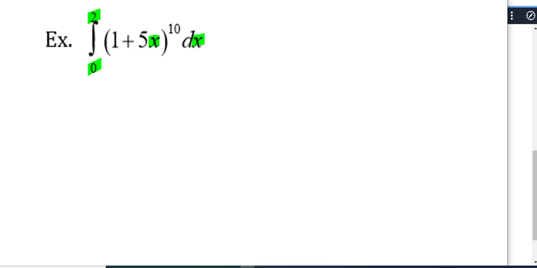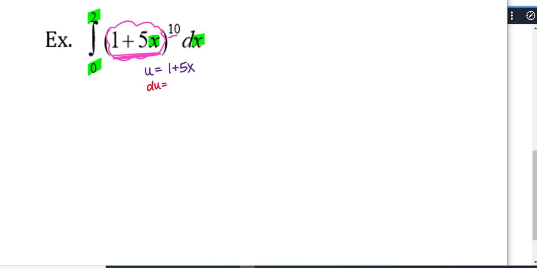What I mean by that is, let's start with the good old-fashioned u substitution. I think we're familiar, since we had the previous video, that our u is the innermost piece. Or if you were doing the derivative of this integrand, you would need chain rule because of this 1 plus 5x. I have a function raised to the 10th, so a function inside of a function. That shows me what the u needs to be.